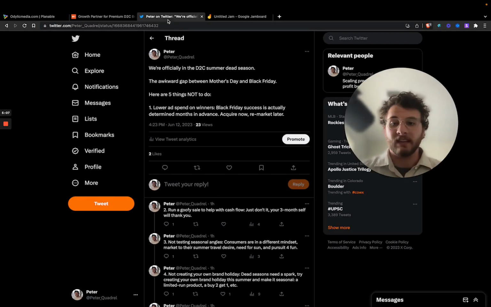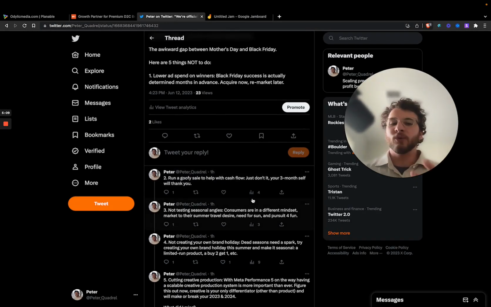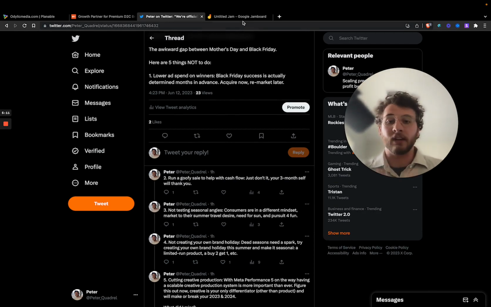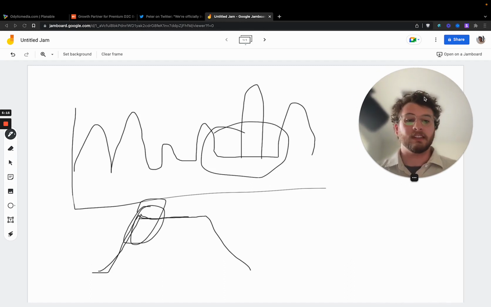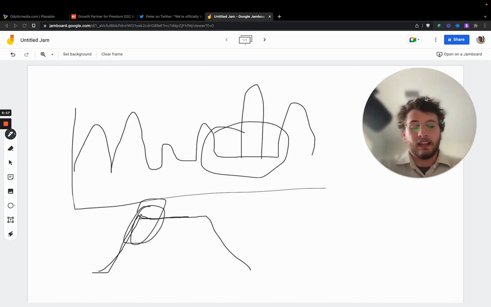Perfect. So the second thing I talk about here is don't run some sort of sale or clear out unless you really have to right now, unless you're sitting on way too much inventory, unless you really need the cash flow. In general, that's an okay way to attract customers. Again, in general, we don't want to be acquiring customers under the pretense that we have a cheaper product or that you're always going to get a sale. It's not a great first impression.